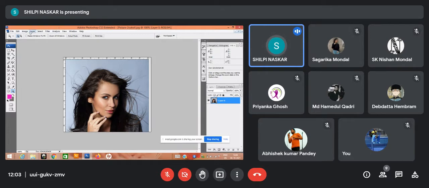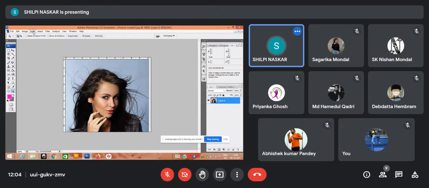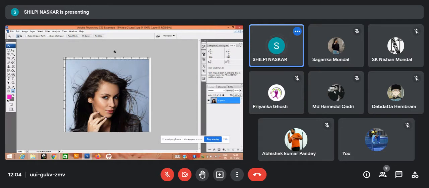So here also in the normal level, as I am reducing the whitest pixel, I am changing the lightest pixel to white and the darkest pixels to black basically. So in the normal level I am doing this manually, but in case of auto level, it is done automatically by the system.